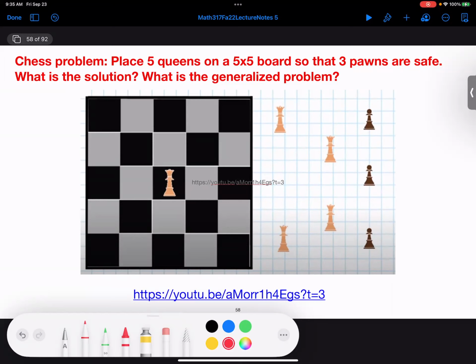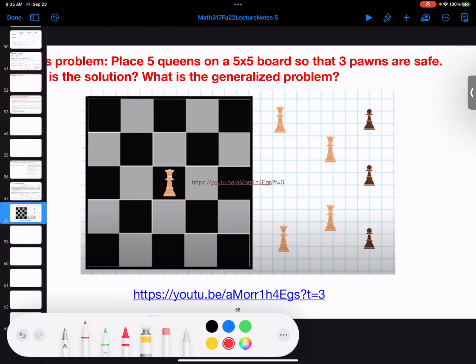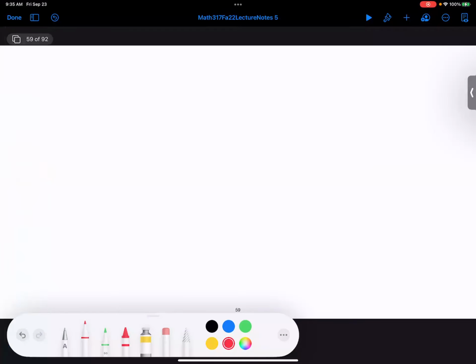So whenever you see numbers, you want to say, how can I change the numbers? So n queens on an n by n, and then how many pawns can safely be placed? So do you think 3 pawns can safely be placed on this? Yeah, the way the problem is written, it seems like you should be able to do that. Do you think you can do 4 pawns? Probably not, or I would have asked you to put 4 pawns down safely. So one thing when you see a problem like this is build intuition. N queens on n by n, how many pawns